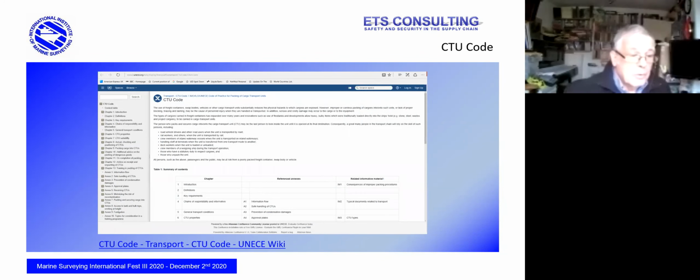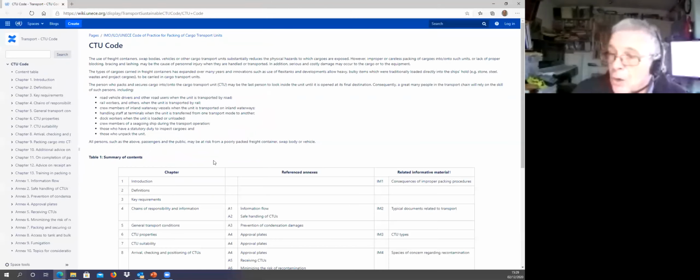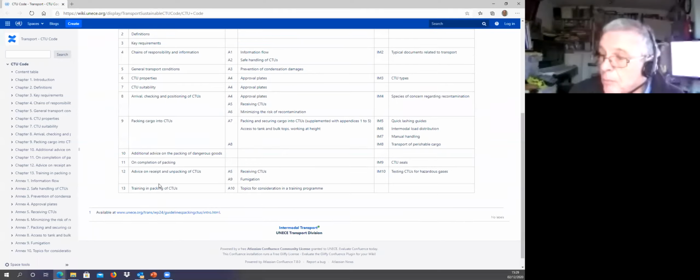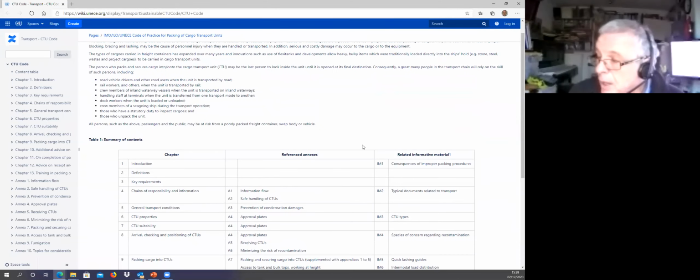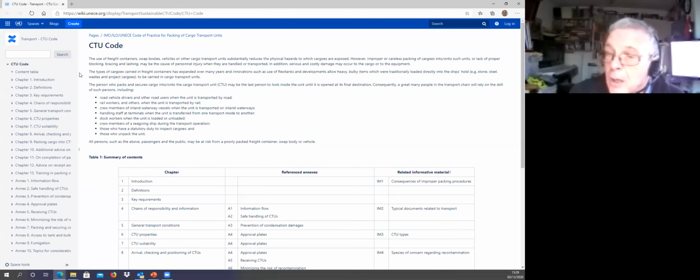The first thing is we have access to the CTU Code itself, and it is available on the UNECE website. If you click on it, it will come up with, I'll just bring it across, the CTU Code, and this shows the various sections, and you can click on each of these chapters and it will take you down to the appropriate page.